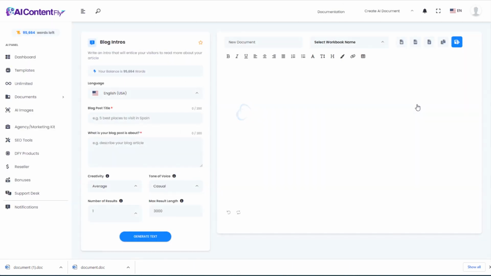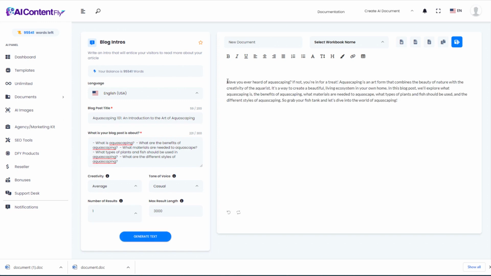Next, we have blog intros. And I'm going to use these same results that we used in the previous template just by copying and pasting again what AIContentFly already gave us. We'll just leave it at average and casual. I'll just kind of leave the default settings for most of these demos just so you can see sort of an average demo. And it created a great blog post or even an article intro for us that helps draw